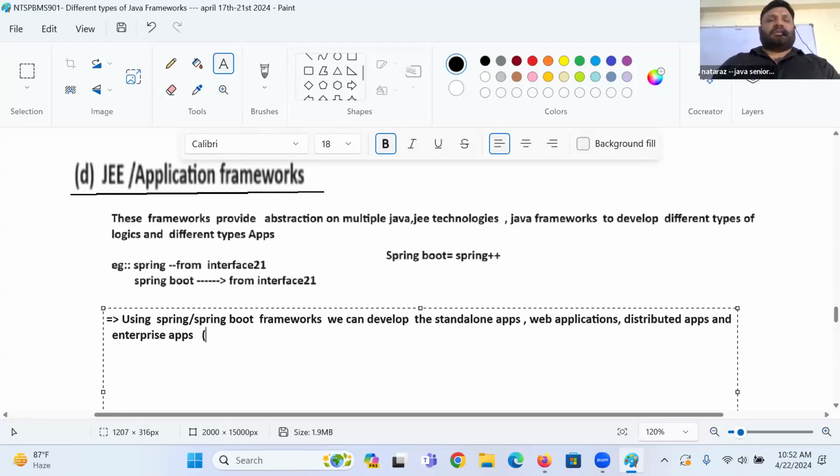All-rounder framework or not? Definitely it is an all-rounder framework.